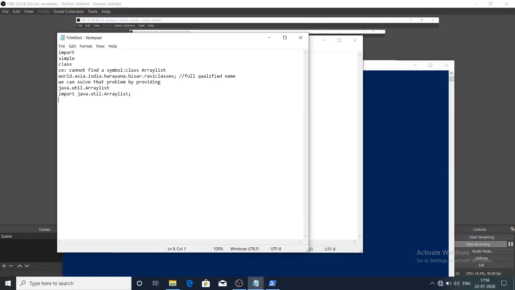One more thing: when we write an import statement, we do not have to write the fully qualified information all the time. We can call it by the short name directly, and this import statement acts as a typing shortcut.